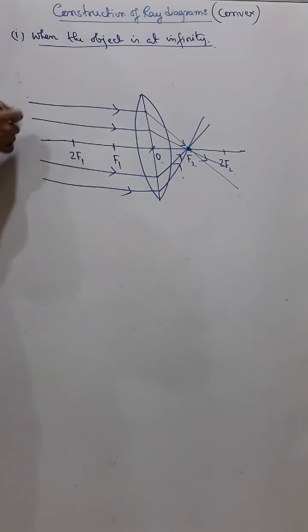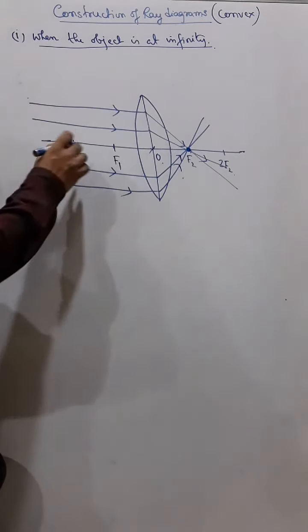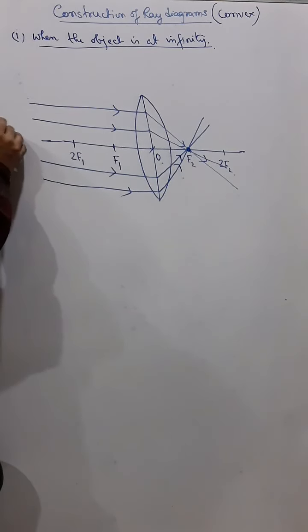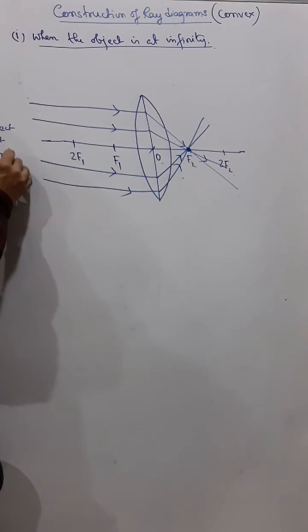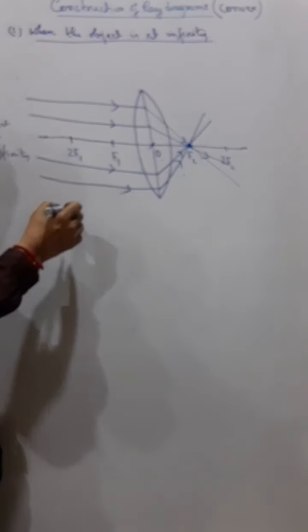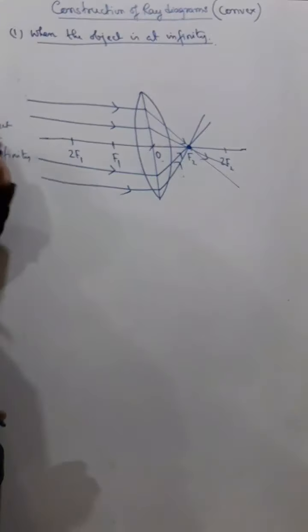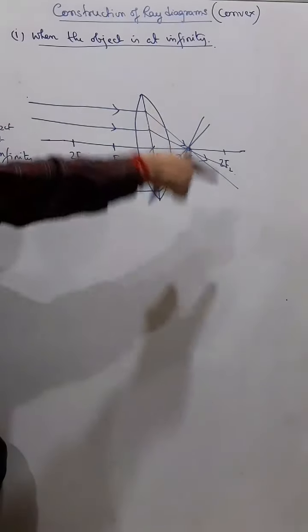So you can say this is the object here which is very far, we can't see that object, and this is the image. Okay, now in this case, we can say object at infinity, and the image will be at focus. So we can say position of object is at infinity and position of image is at focus. And characteristics of the image, you can see it is a real image. Always if the object is at one side and the image is on the opposite side, that means it is a real image.